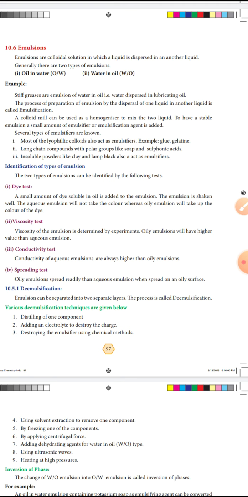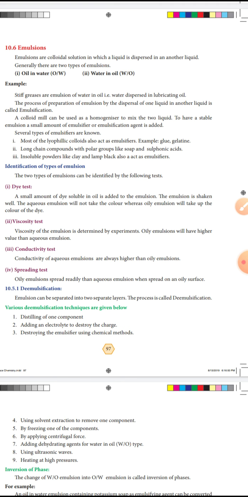Foodstuffs like milk, cream, butter, etc. are present in colloidal form. In medicine, antibiotics such as penicillin and streptomycin are produced in colloidal form for suitable injection. Colloidal gold and colloidal calcium are used in tonics. Milk of magnesia is used for stomach troubles. Silver salt protected by gelatin, known as argyrol, is used in eye lotion.